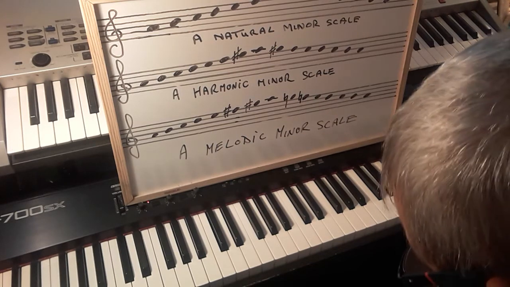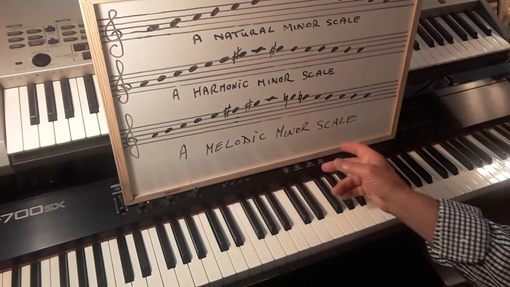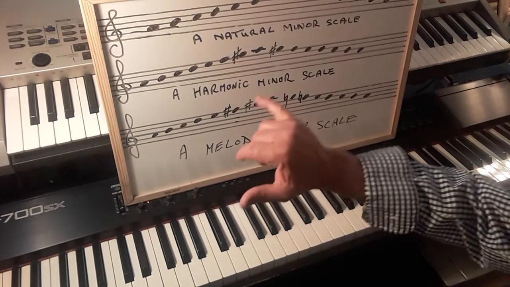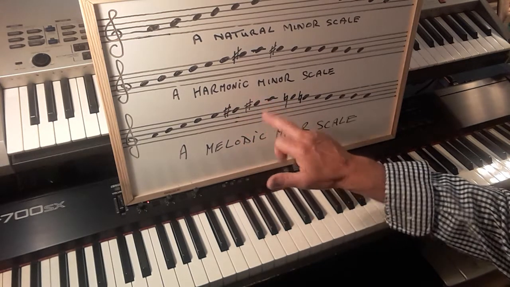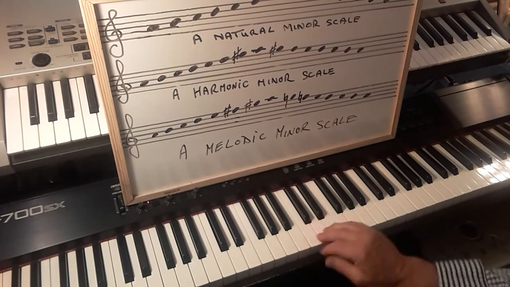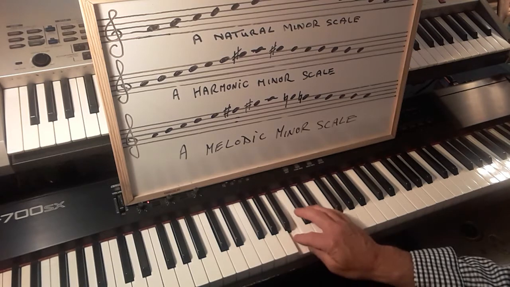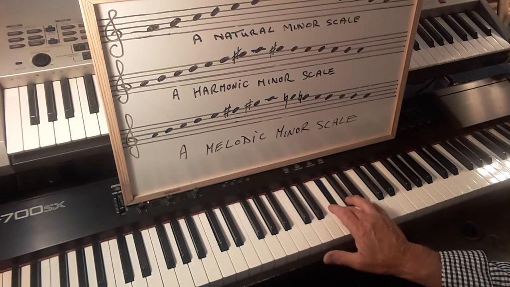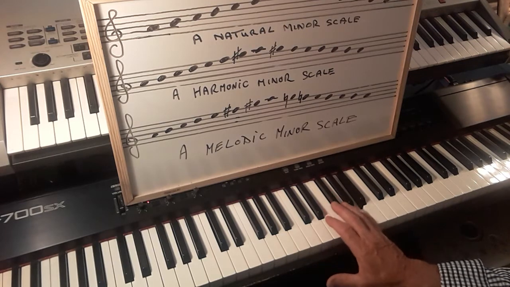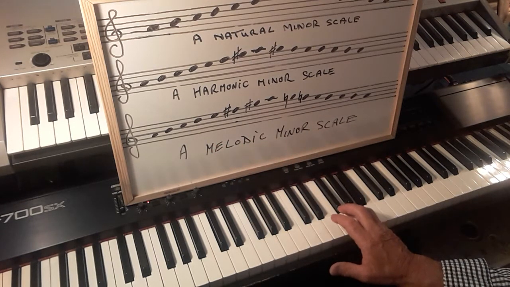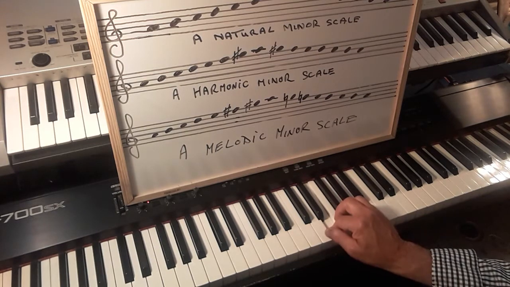Now the melodic minor scale, the fingering is exactly the same, but on the 6th degree and the 7th degree, the notes are sharpened. So it's A, B, C, D, E, F sharp, G sharp, A. And coming down, they are naturals. So we go G, F, E, D,